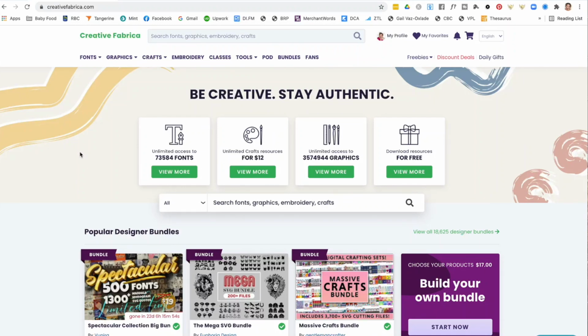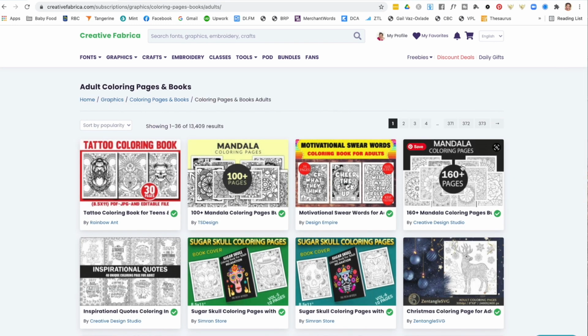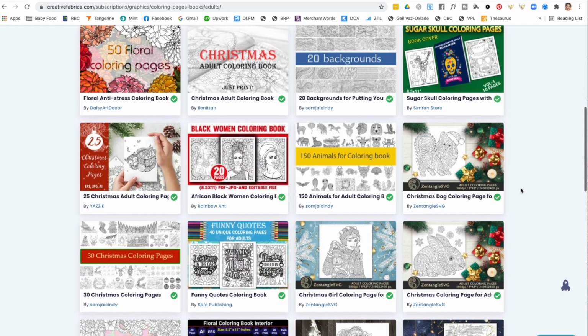All right, here we are over at Creative Fabrica. So first we're going to head over to graphics. Now I just want to quickly point out, Creative Fabrica does actually sell full templates for coloring books for both adults and children. You can see they're quite high quality. Now I think templates can be a really great place to start, but